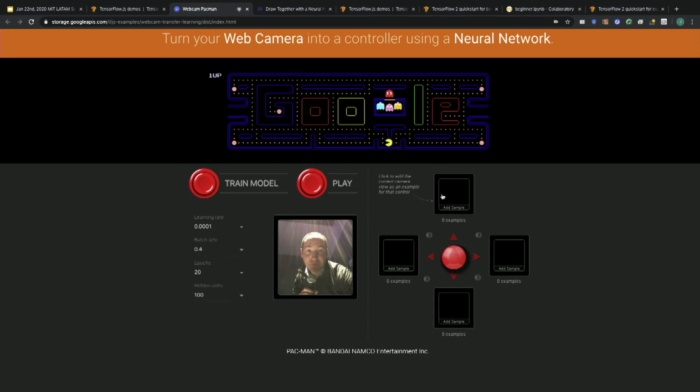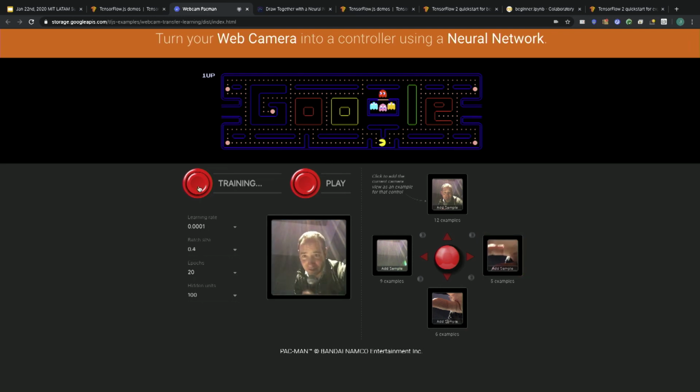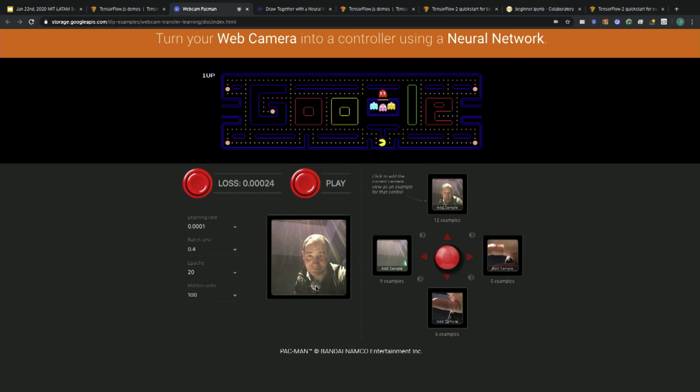So for instance, what I'll do here, apparently when I'm awkwardly in the screen, it's going to go up. When I'm out of the screen entirely, it's going to go left. And then I'll just put my hand in front of it for the others. We're not going to use those. Then you can train a model. And that model's done, or it's about to be. Yeah, I think this is my laptop having a bad day, but that's cool.